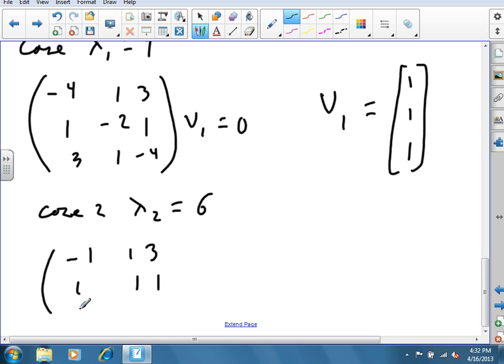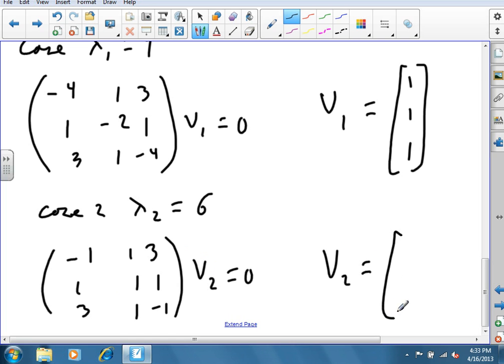And then I'm going to go 3, 1, minus 1. V2 is equal to 0. And I'm going to write that V2 is equal to, by inspection,